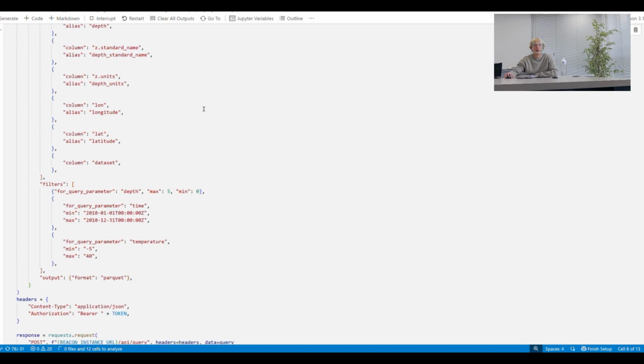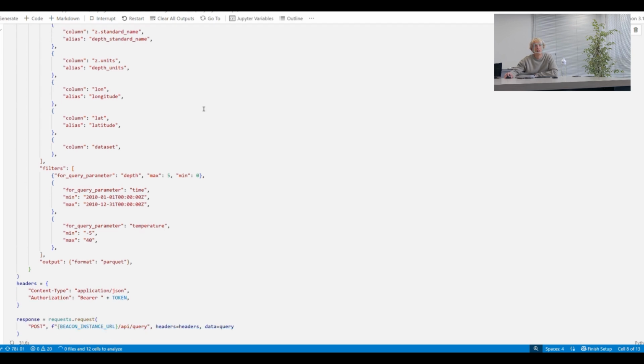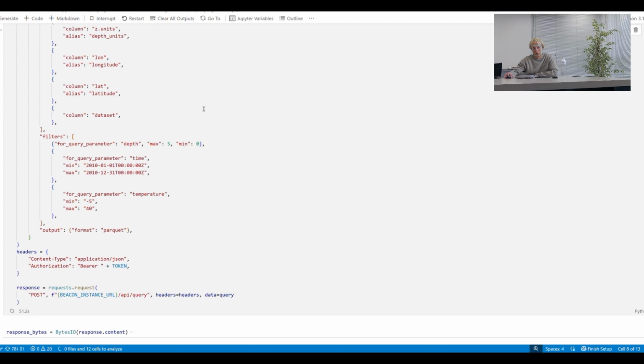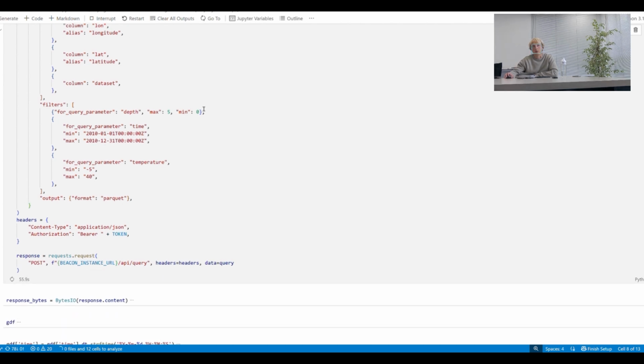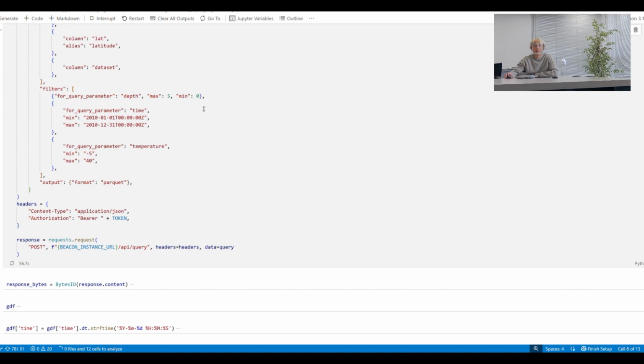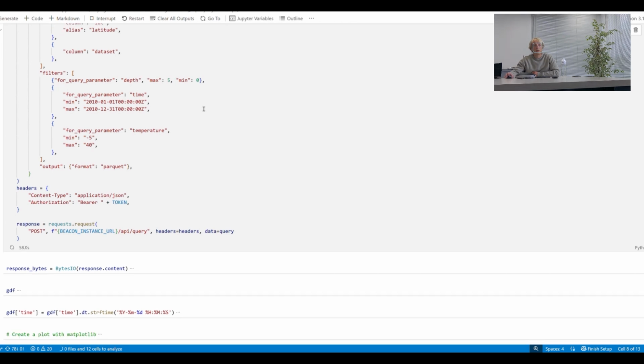So we say, okay, the top 5 meters of the ocean. We do a certain time period. So we select all measurements globally between the 1st of January 2010 and the 31st of December 2010. And also we specify here a temperature filter from -5 to 40 degrees Celsius. But of course, all these filters are optional, and you can choose which columns you want to retrieve. We specify an output format, in this case parquet, and then we send to the beacon endpoint